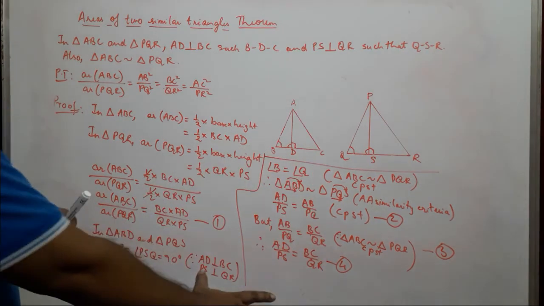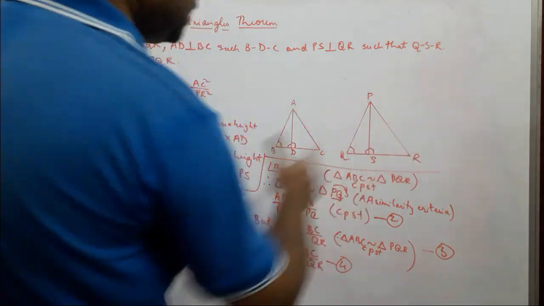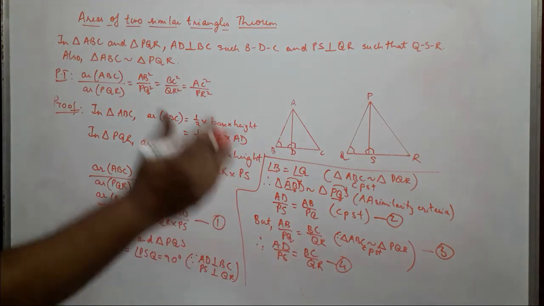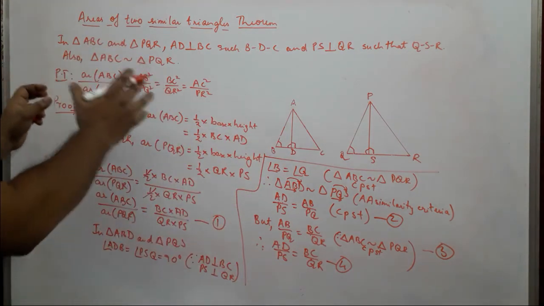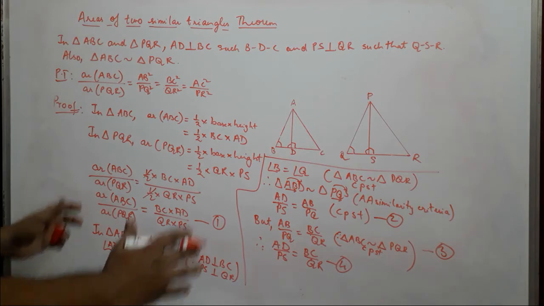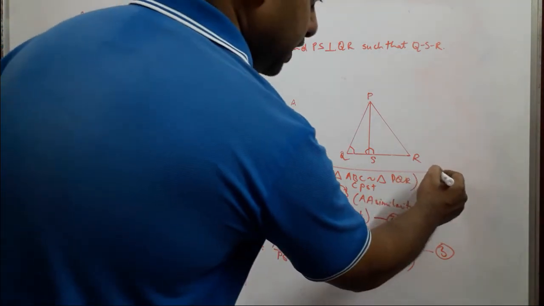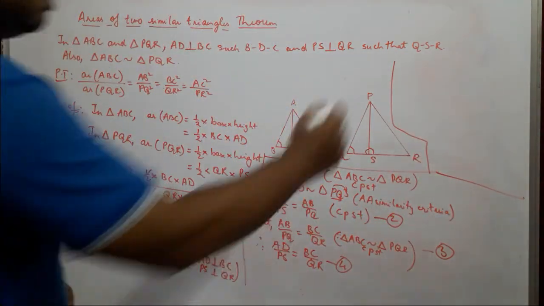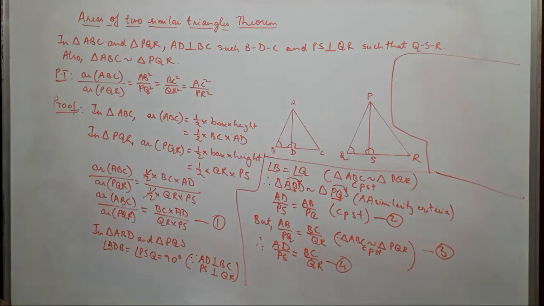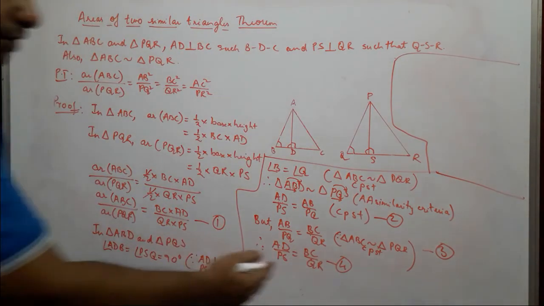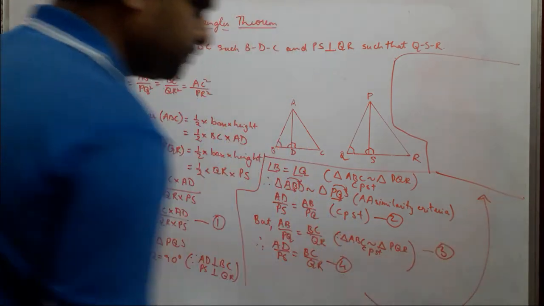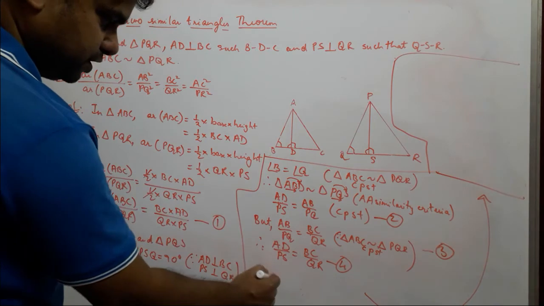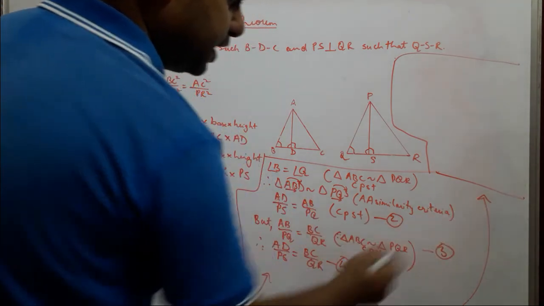Now since I don't have place over here, I'll just do it over there. Pardon me for that, but I would like to complete everything on one screen, on one board, so that you can have a fair view of the entire proof on one page. So I'll just put a line over here, and I'll finish the theorem over here. Now we've got over here 4, so I'll put an arrow from here to here, and from here it goes there.